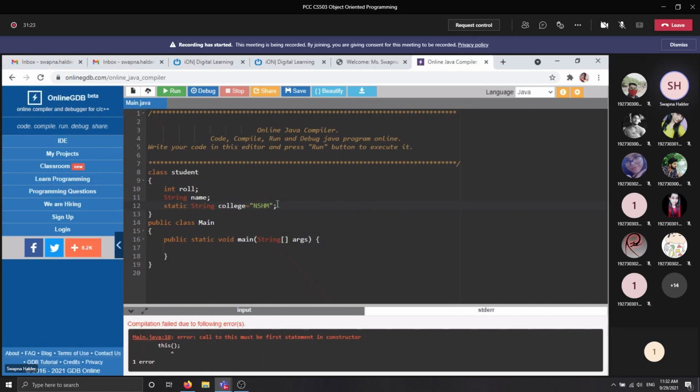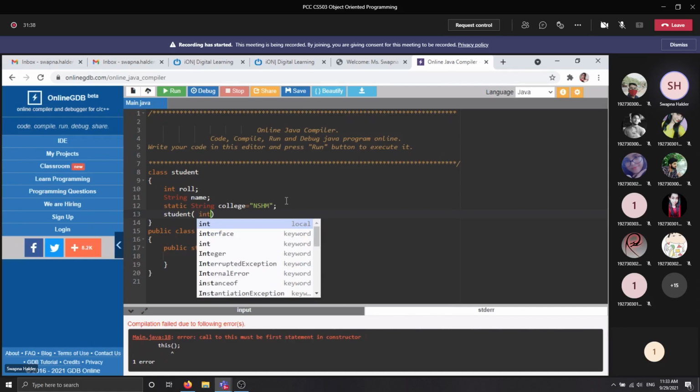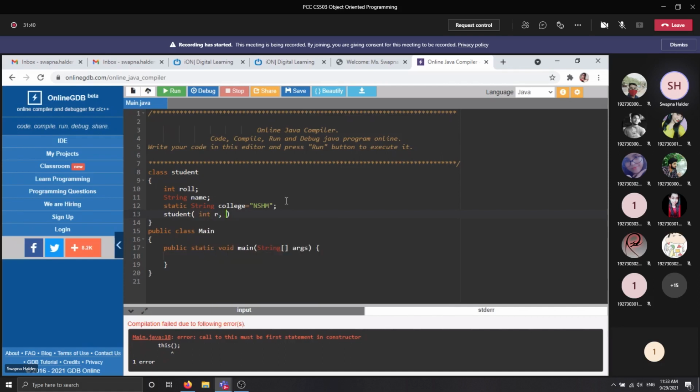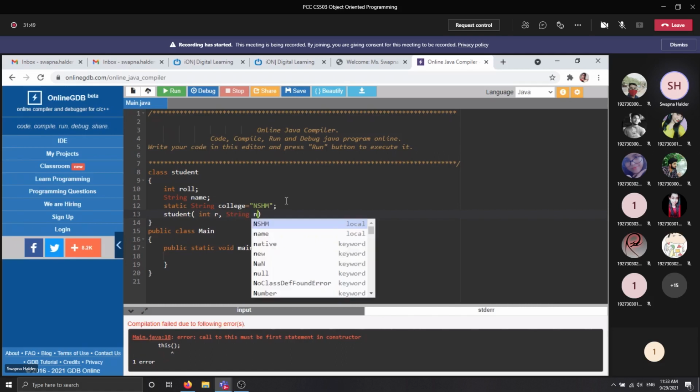After that, you need to declare the constructor of this class, because you will pass the values for each and every object whenever it is created. So here we are declaring one integer variable r for roll number, and, sorry, it is string here, string n.